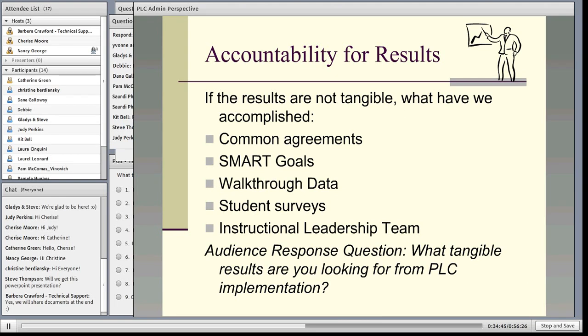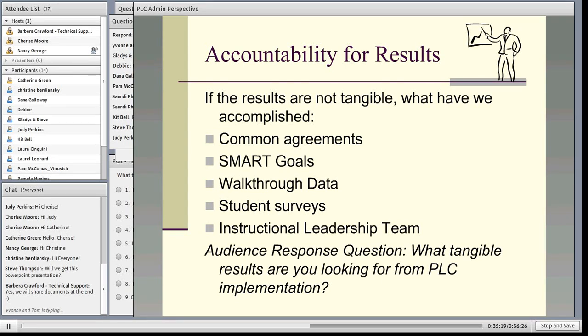And part of the way we approach that is also giving the staff some input on what our administrative accountability was for the work in the professional learning communities. So we did some training and some work around really discussing all of our accountability roles in making sure that the professional learning community work resulted in something tangible.